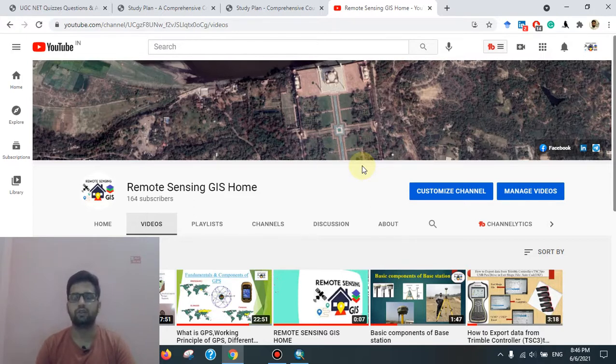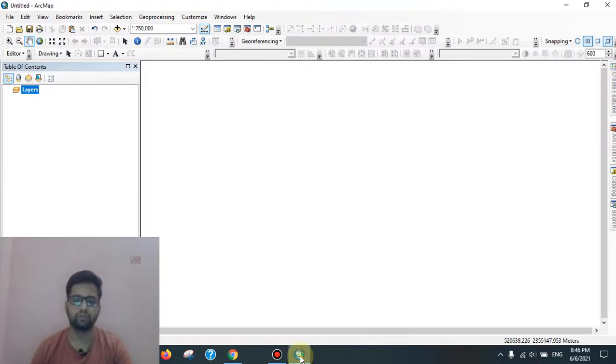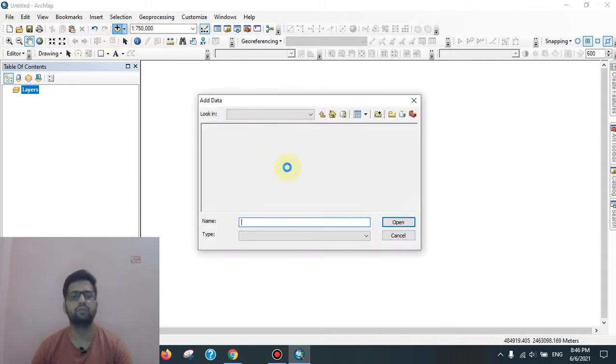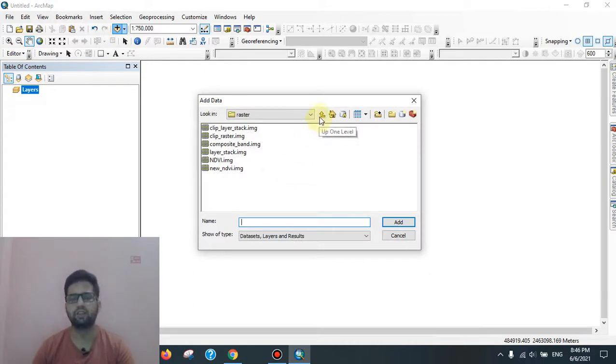In this tutorial, we will learn how to clip multiple raster datasets in a single process. When we have created a big project or thesis work, we need to clip rasters multiple times. So, we can basically clip raster data in a single process. In this tutorial, we will learn how to clip multiple rasters.